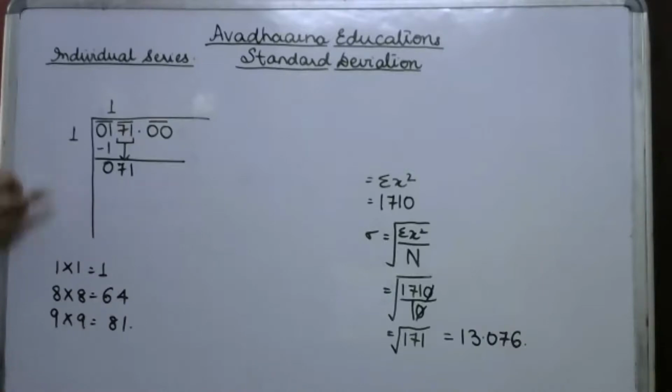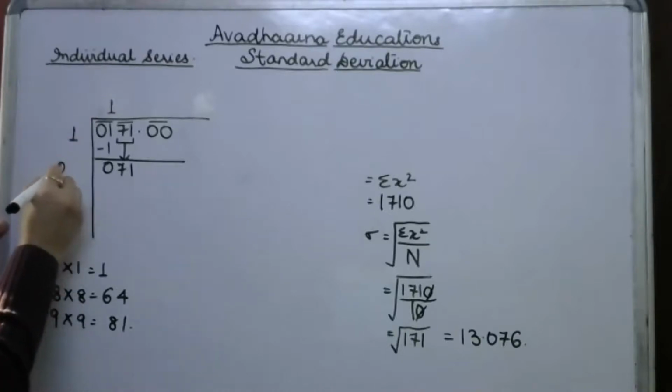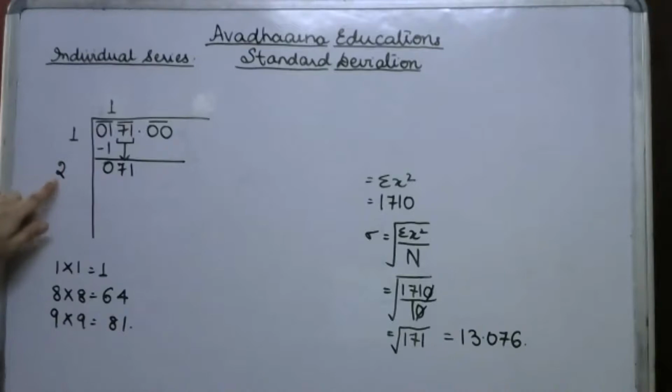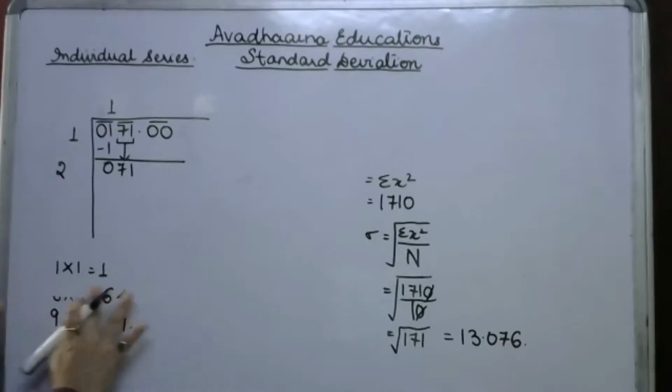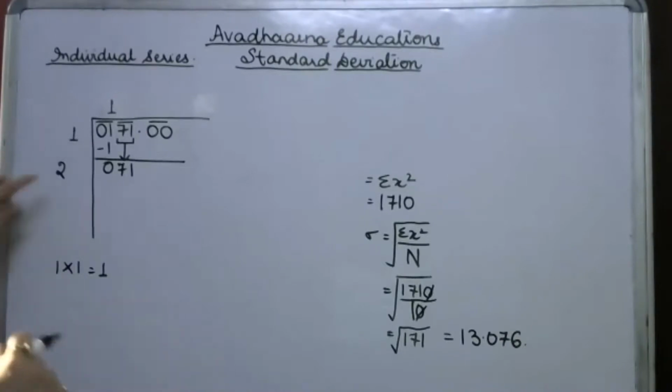There is one more step before doing this. बेटा ये जो हमने 1 यहां पर लेकर आए क्वोशिएंट में, अब नेक्स्ट स्टेज पे हम क्या करते हैं बेटे, इसका डबल, 1 का डबल, 2 is definitely going to be here. 2 will be here as a divisor. Fine. And then I need to find out a number which should be multiplied by itself, like 21 multiplied by 1. Fine. So 21 multiplied by 1 is 21.